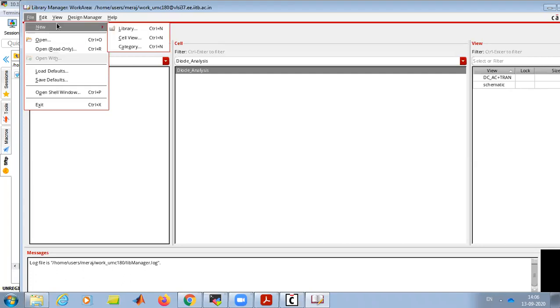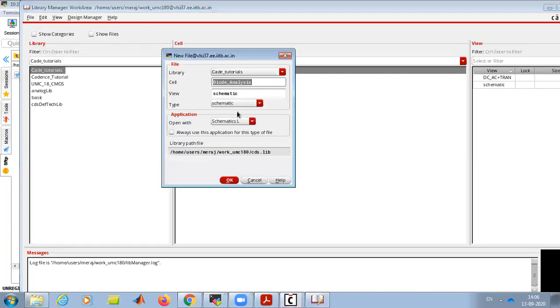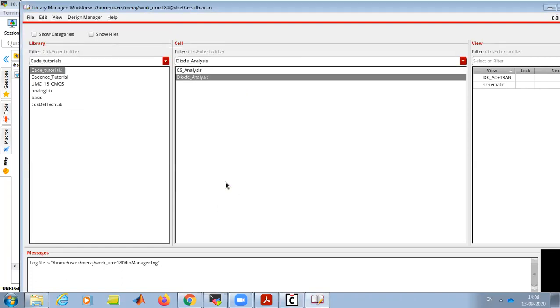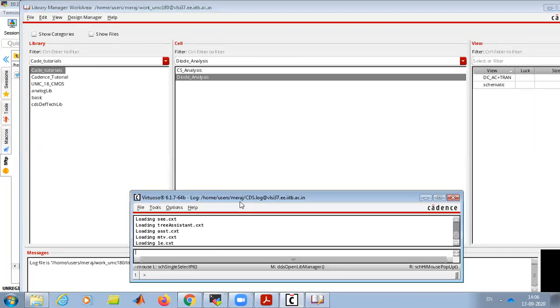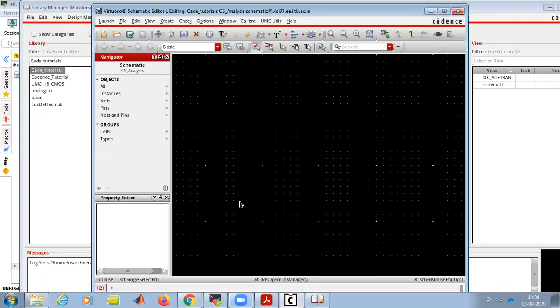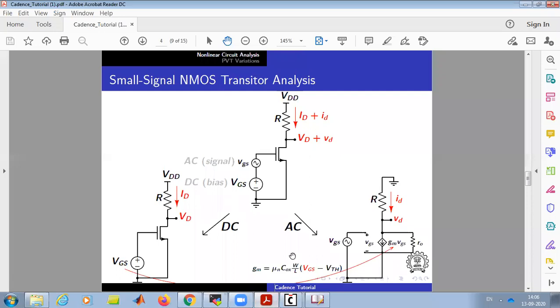Now add a new sheet called cell view. So now we'll draw this schematic. Sorry.